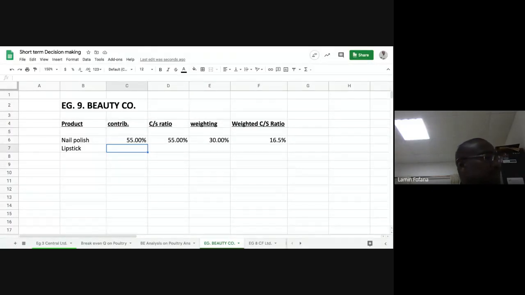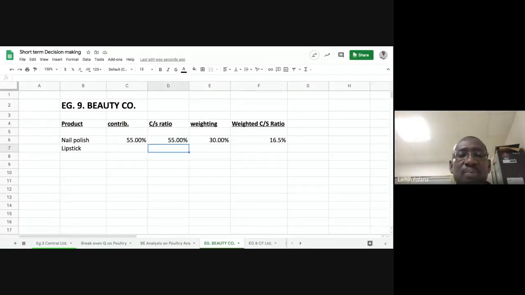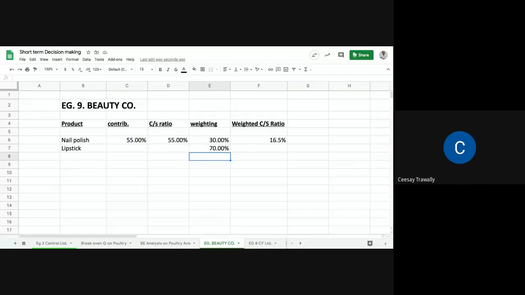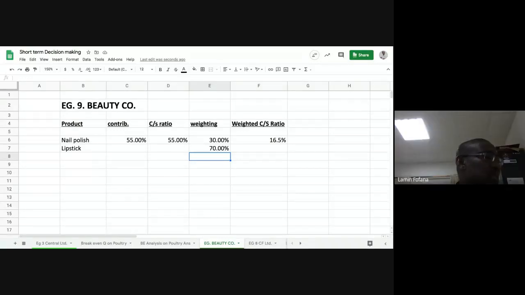It says that lipstick sales are 70% of total sales. What is that? The weighting, isn't it? Okay. So that's 70%. Is that clear? So yes, it's clear. Yes, 70% of the total sales, and the variable costs are 40% as a percentage of